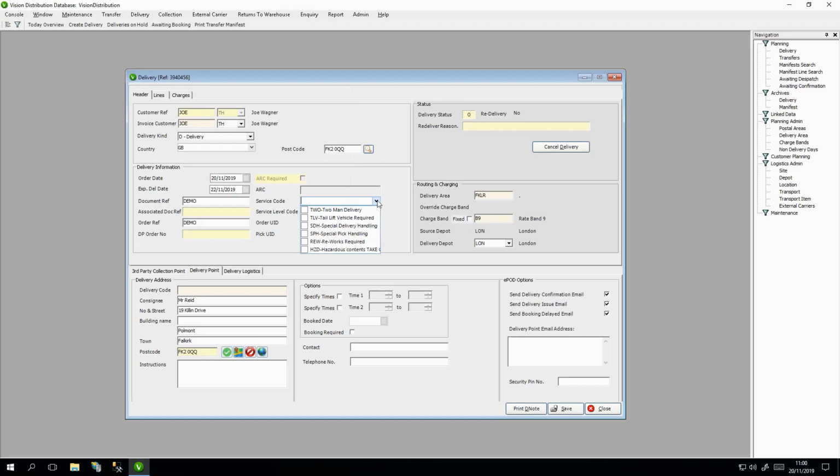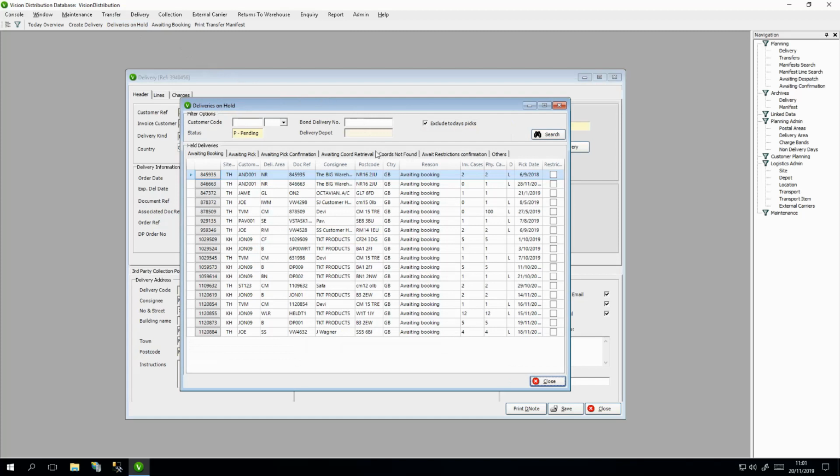For deliveries automatically imported from external systems, such as our warehouse management system, Vision Warehousing, the process is the same, except the coordinates are automatically retrieved on a regular schedule, and the delivery is put on hold temporarily until they're retrieved. So moving over to the Deliveries on Hold screen,